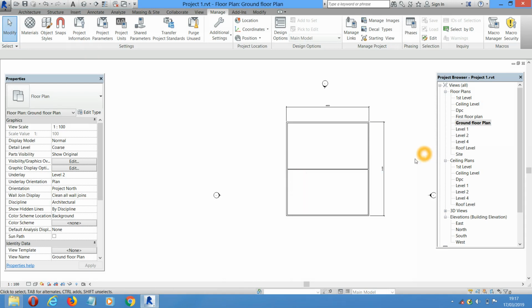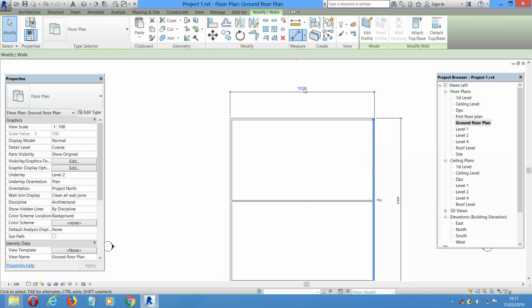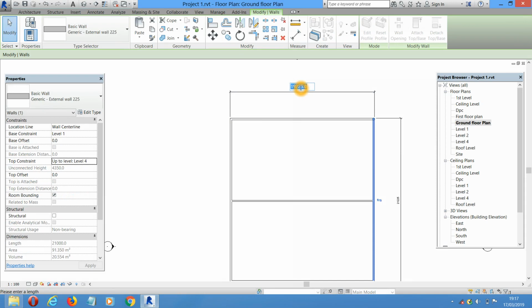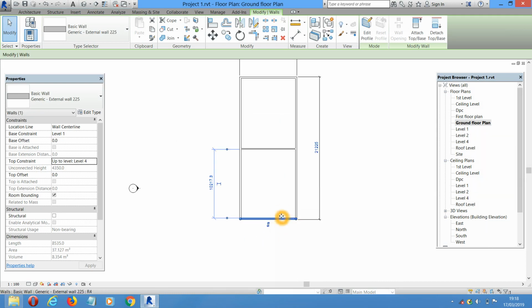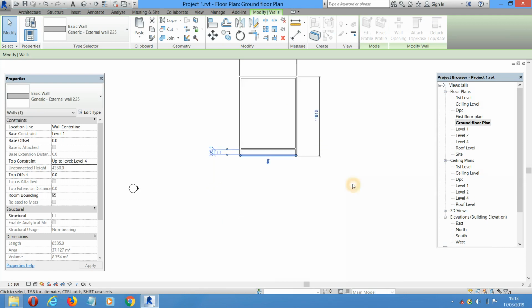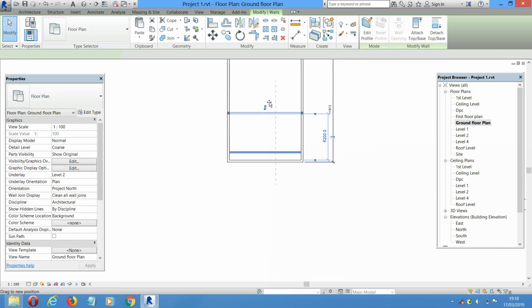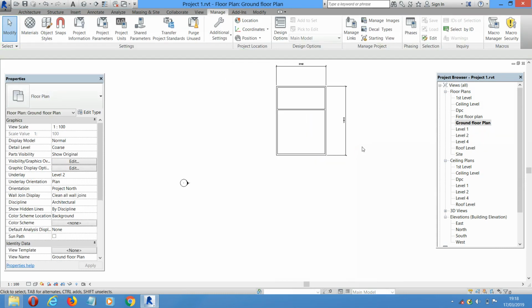So the next thing we are going to do is make this width 8760. Then this length we are going to make it 11813. Okay,